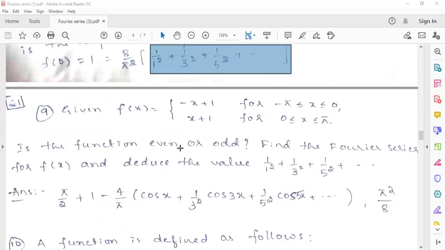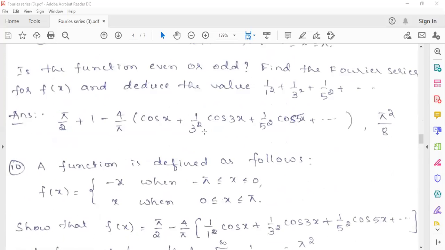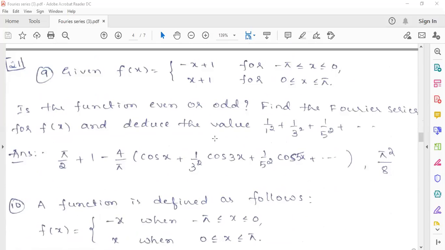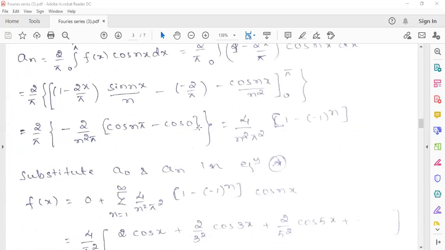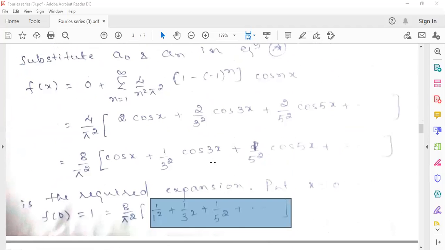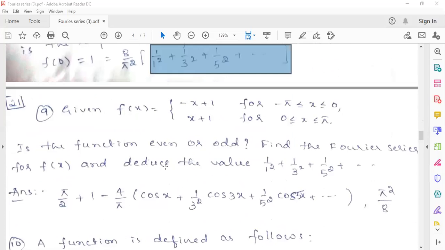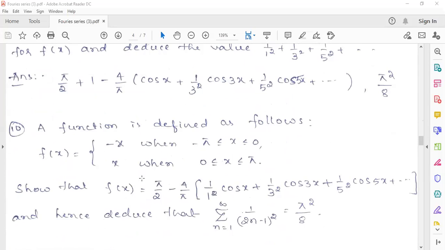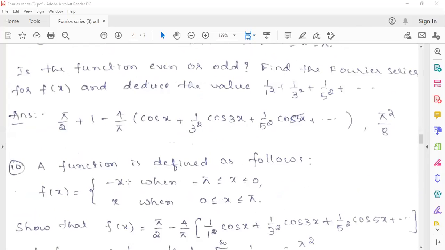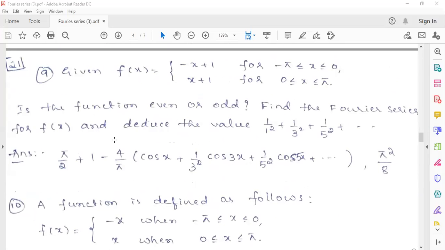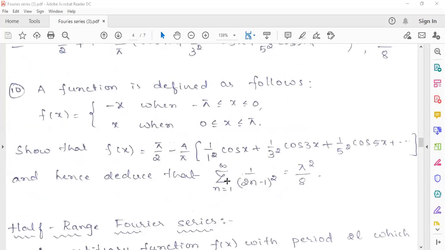Okay. Next, based on this, I mentioned 2 more problems, just try to solve these 2 problems. Once you have understood this problem, even if you understood the concept thoroughly, there is no need to solve more problems, but for your practice, I mentioned a few more. If you practice, then you'll get more confidence. Instead of solving only 1 question, if you solve 3 questions, you will get more confidence and more grip on the subject. For that purpose, I mentioned 2 more same type of questions, the 9th and 10th ones, just try to solve these 2 questions in your free time.